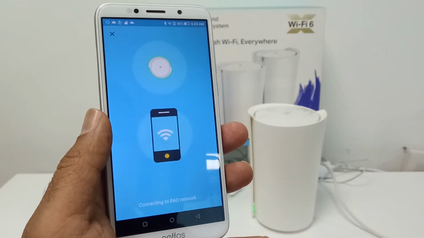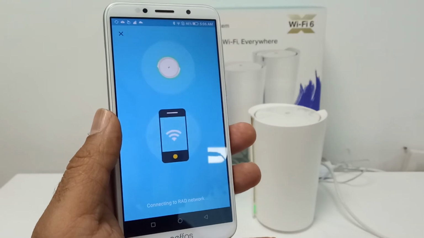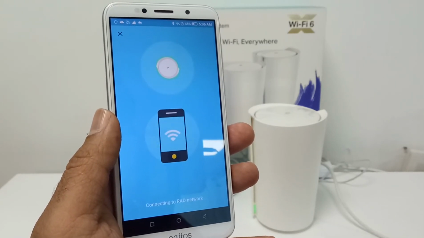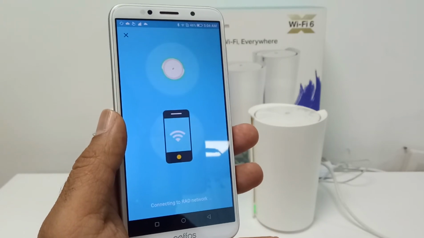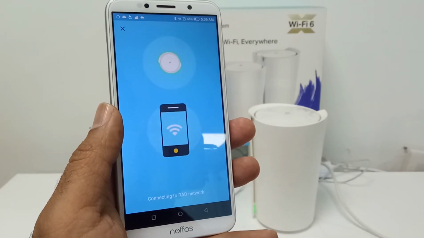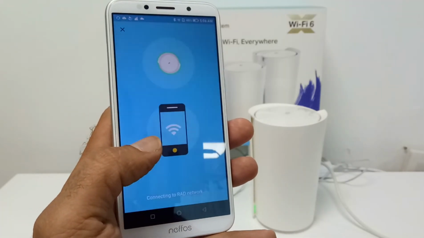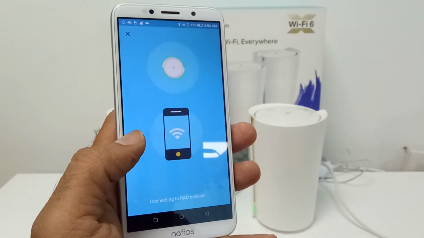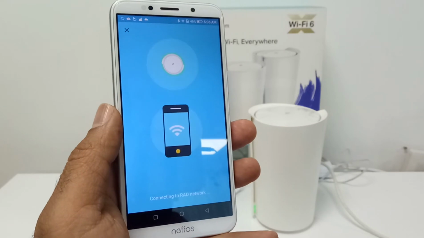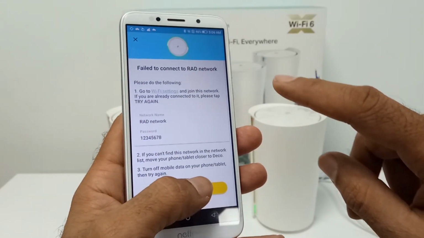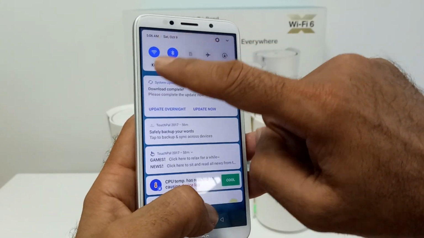Still connecting. It will take a few seconds, maybe a few minutes, to connect. If not, then you need to connect manually.